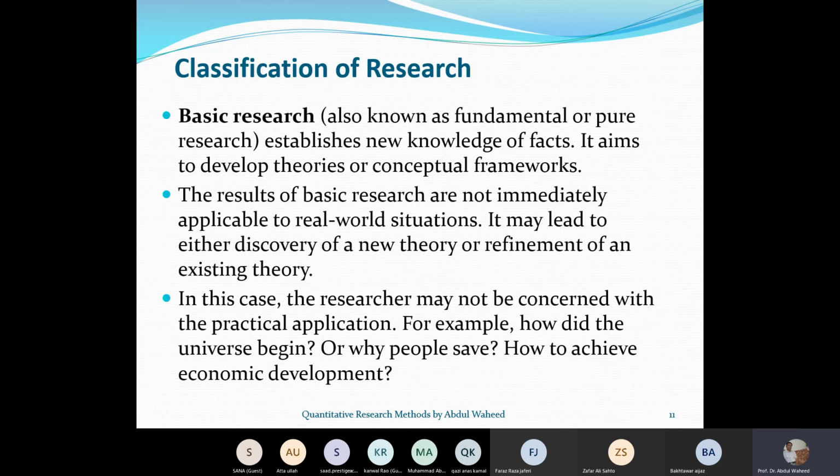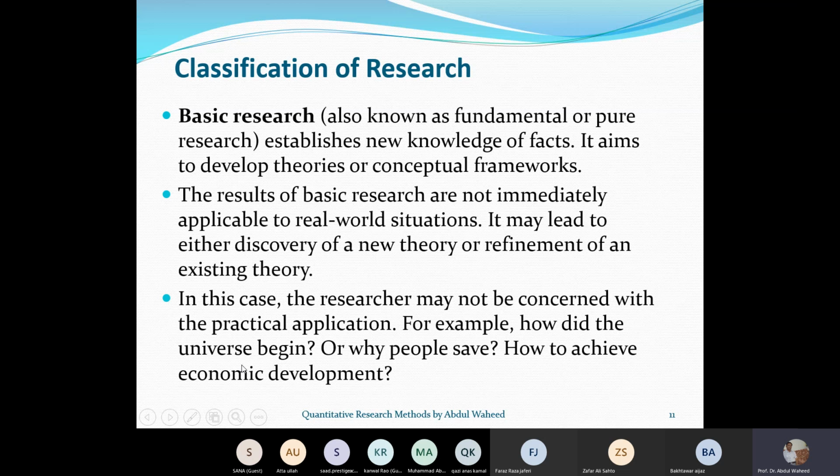This research is not immediately applicable to real world situations. Whenever you see a thesis, that is for academicians. You cannot directly apply the findings of a thesis in real world situations. But what we do in basic research, we try to discover a new theory or refine an existing theory. So we are not basically concerned with practical application in basic research. And the examples for this basic research are,